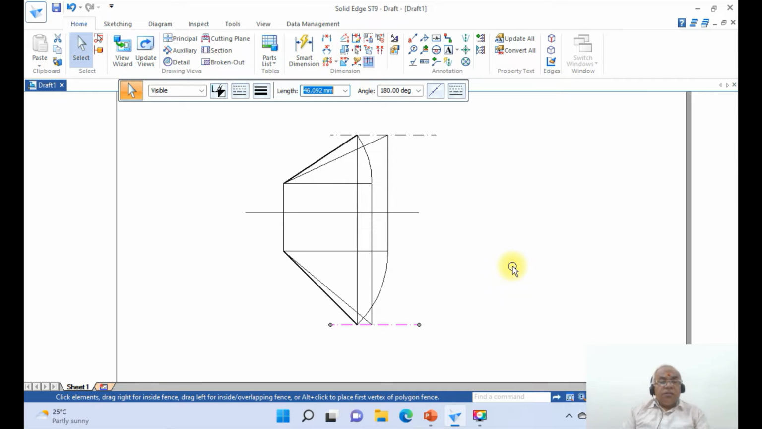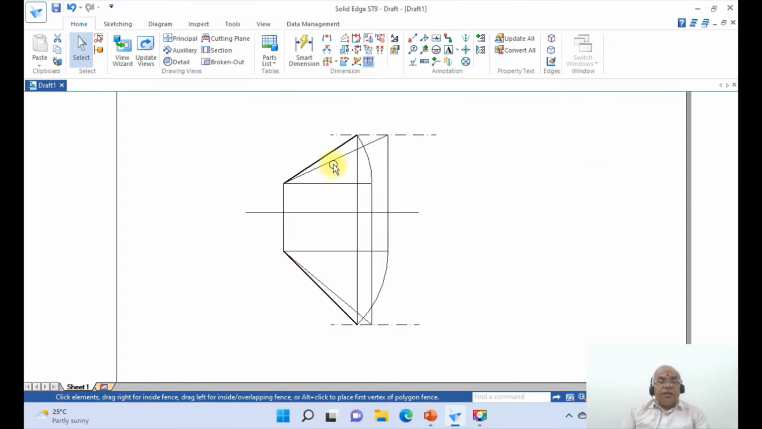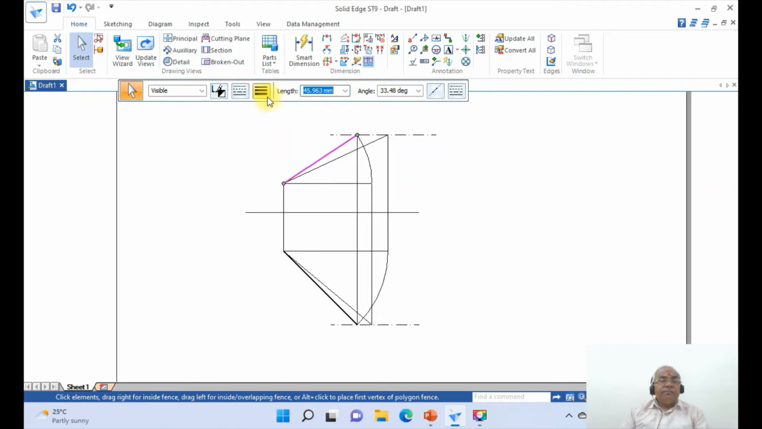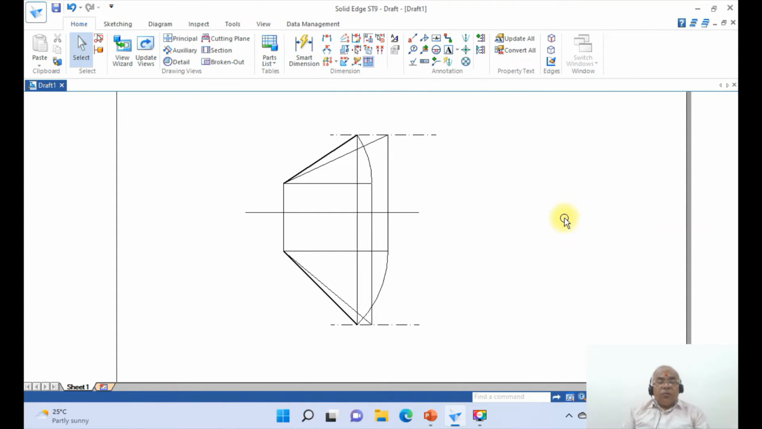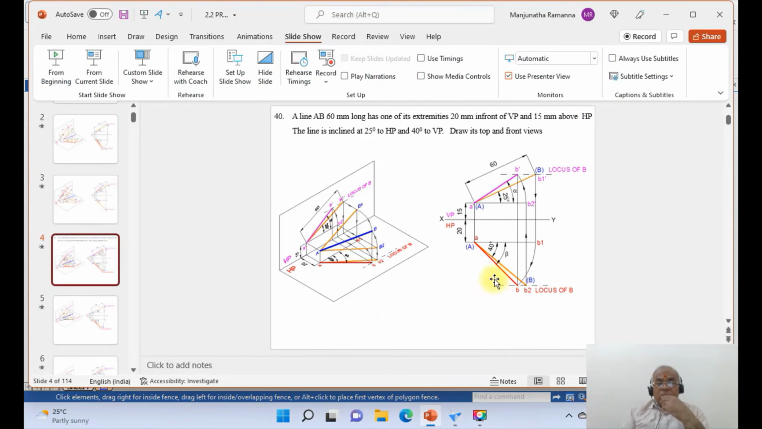Once you do that, you select both of these true lengths and make them 0.25. It's already there. So here I think it is 0.5. Yes, so here it should be 0.13. You make it 0.13 because that is the XY line. Now once you do that, you go to this and mark these points: A dash, B dash, capital A, capital B, B1 dash, locus of B, B2 dash and all those things